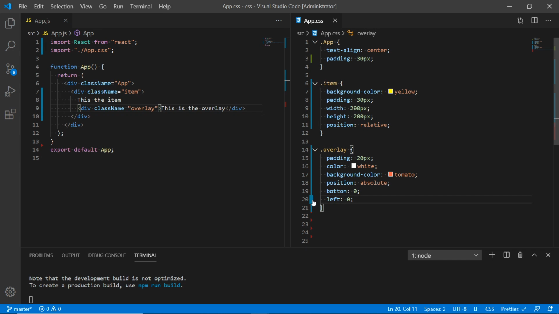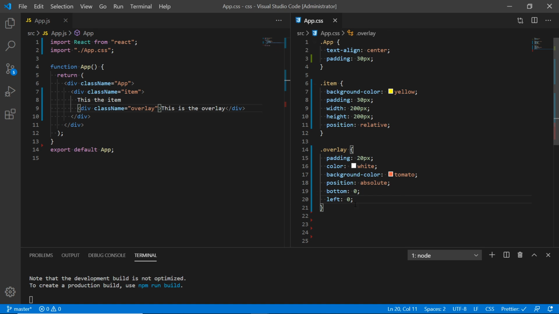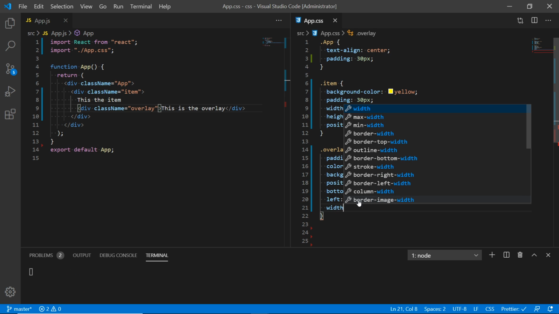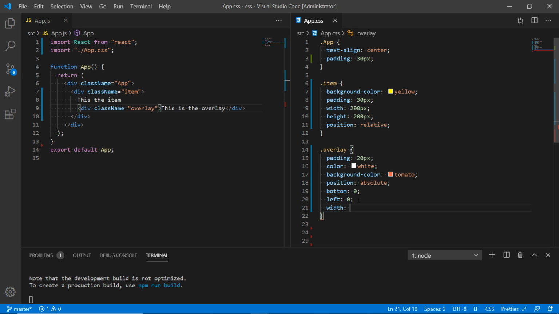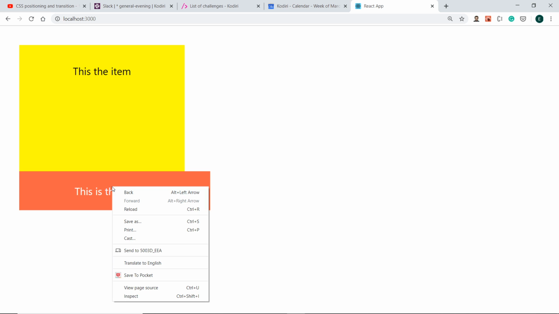So let's make it cover the whole width, right? So I'm going to do width and what else? Do you know? 100%, very well. But this is going to do something weird. Is it? Now if we inspect it,